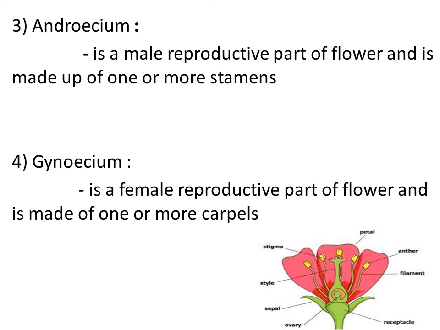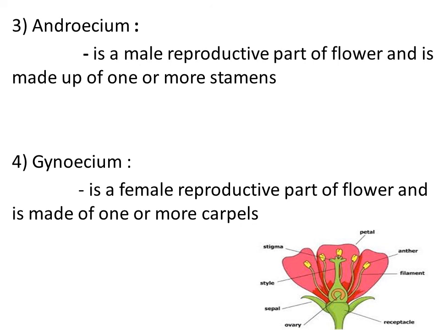It is made out of a number of units called carpels. So how many parts are present in each carpel? Each carpel consists of three parts. The stigma acts as a receptacle. It receives the pollen grain during pollination. The stigma is connected with the style. The style is an elongated tube-like structure, and the style ends with the broader base of the carpel that is called the ovary. Clear? So I have just introduced you to the reproductive parts of a flower.